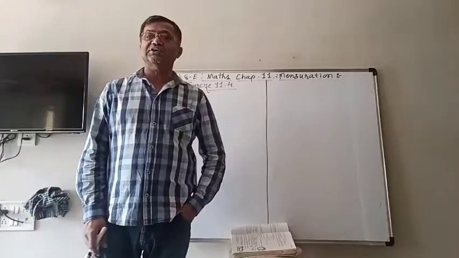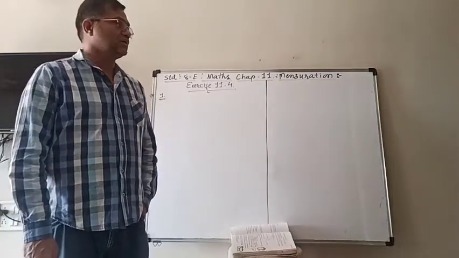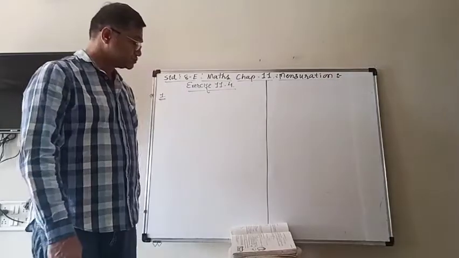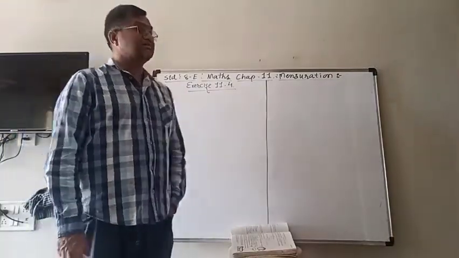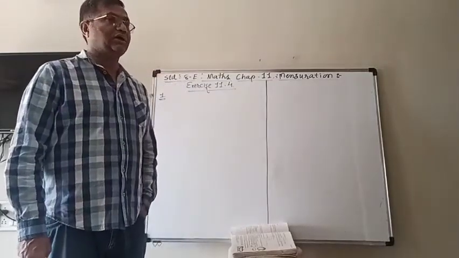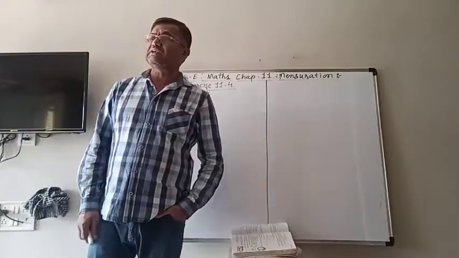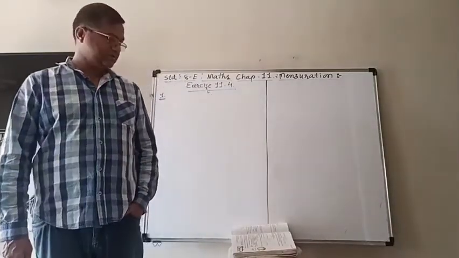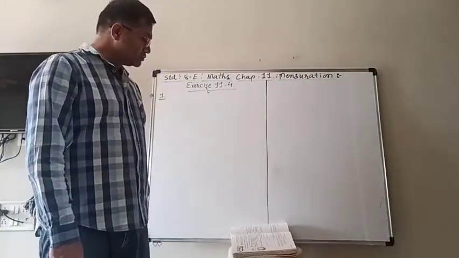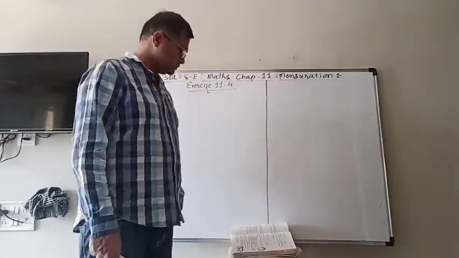Chapter 11 Mensuration, in which we learn how to find the surface areas and the volumes for the three types of solid shapes, that are the cube, cuboid and cylinder. Now we are going to start the last exercise 11.4,